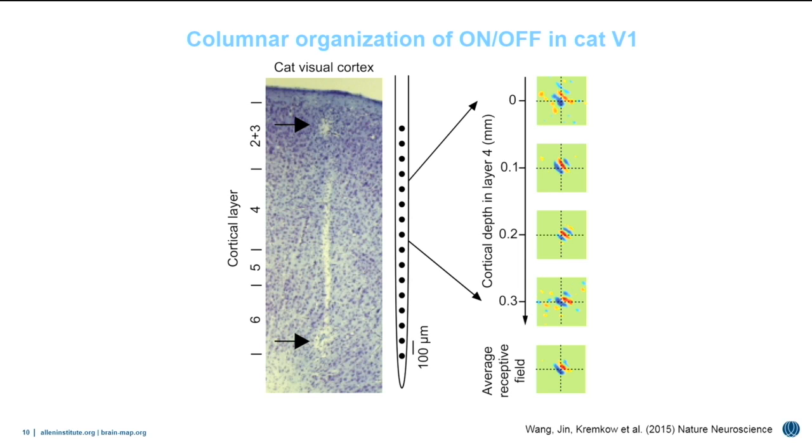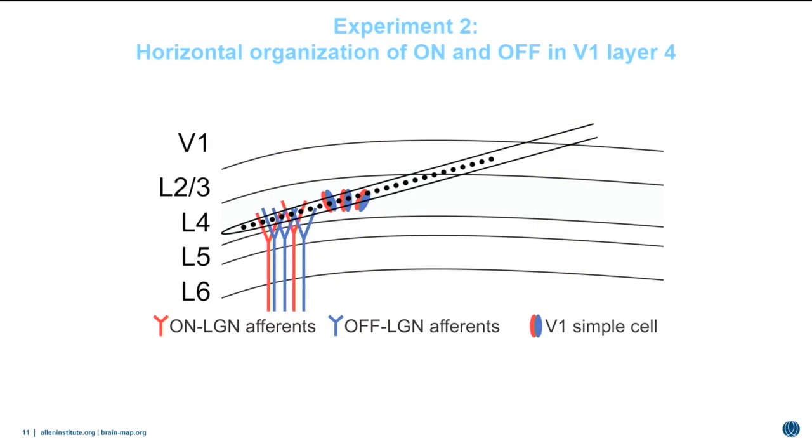And this was very important because now this opened up the possibility that there's also a horizontal architecture of the on and off visual responses, and that could be very important for the cortical topography in V1. And to address this, we used again multi-electrode arrays, and now instead of recording perpendicular to the cortical surface, we made tangential recordings. So the cat brain is very shallow, so we entered with a very shallow angle. The aim was to record as much as we could within the middle layers in the horizontal dimension. And just to give you a little